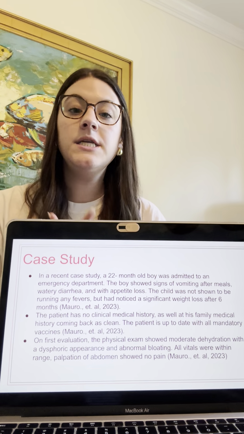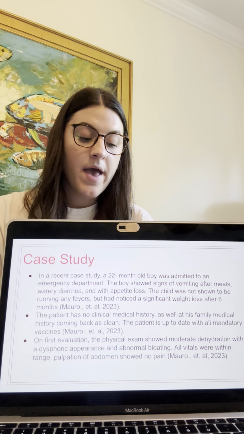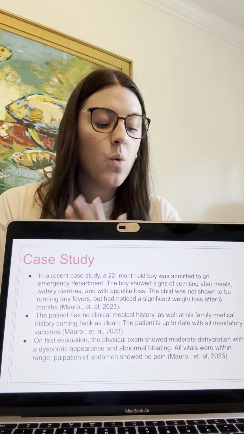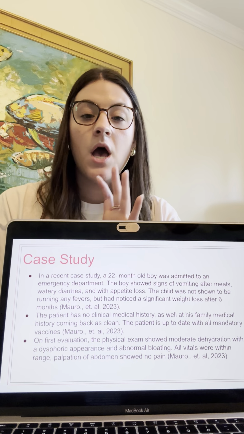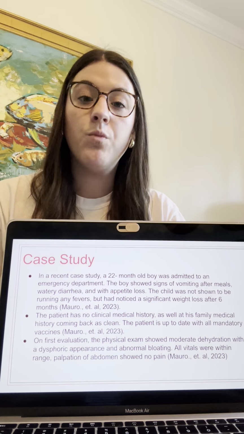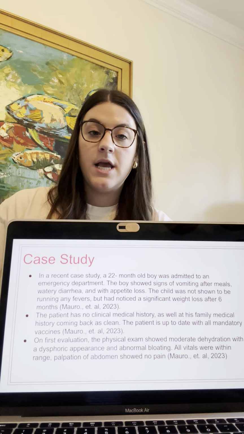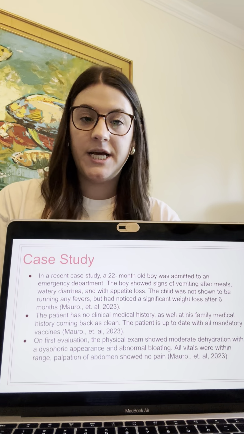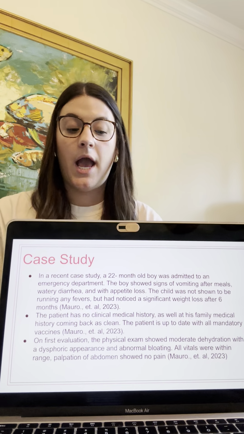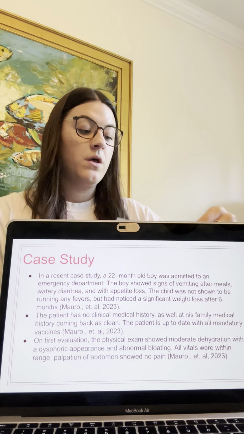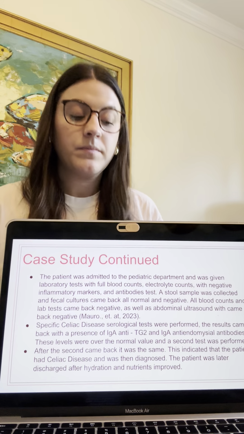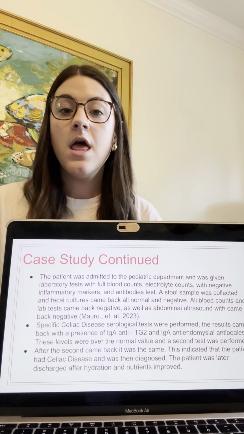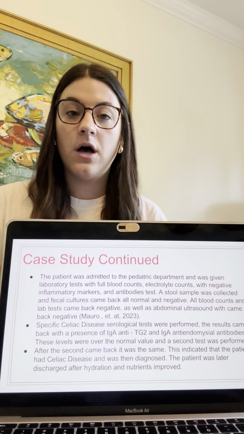So the child was then taken for a physical exam, and the child showed moderate signs of dehydration with a dysphoric appearance. He also had some abnormal bloating. When they did the abdomen palpitations, there were no signs of any pain or discomfort on the child. Then the patient was admitted into the pediatric department and was given a full series of laboratory tests